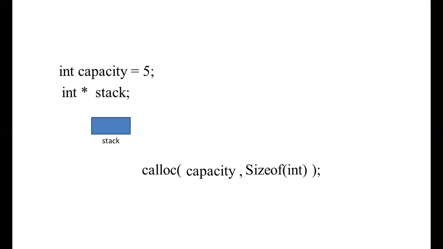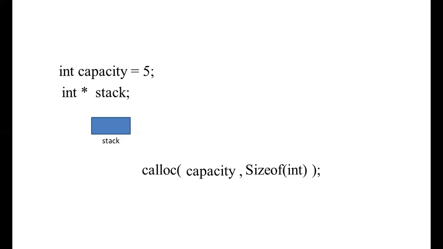So what is the size? The size is nothing but the capacity. For example, if the capacity we are taking is 5, we are going to store it in the stack using the size of integer. So the calloc call will be calloc of capacity comma size of integer.